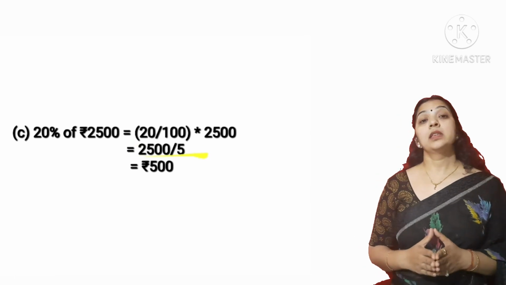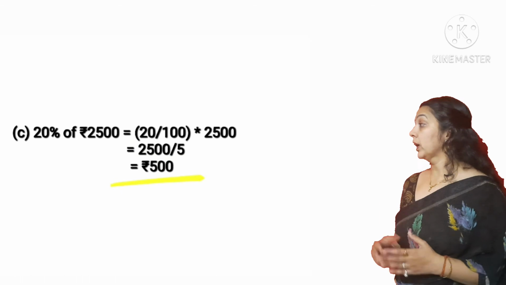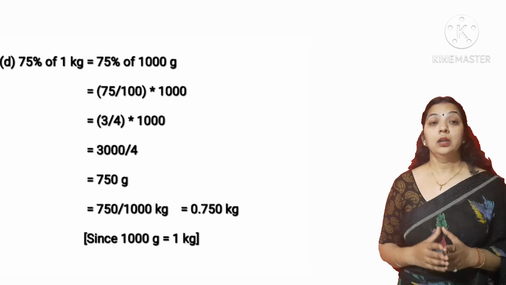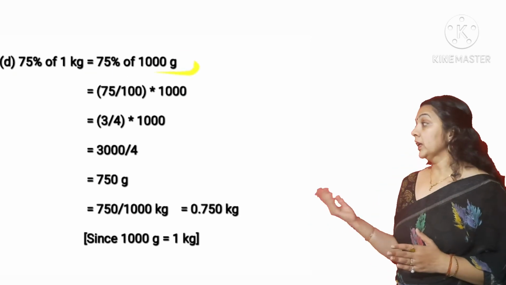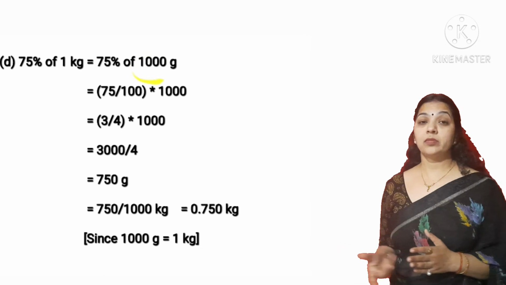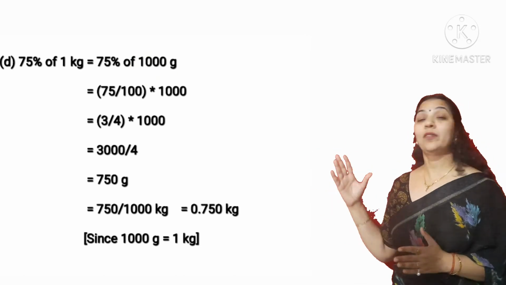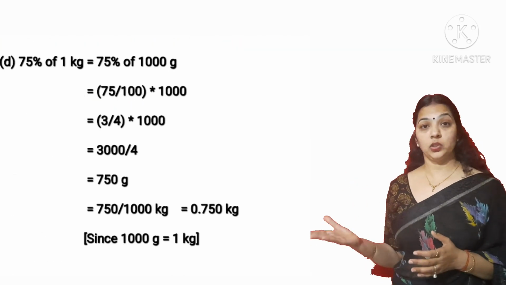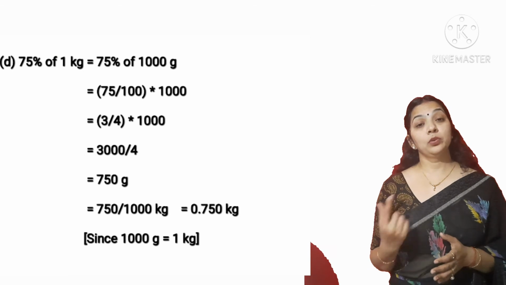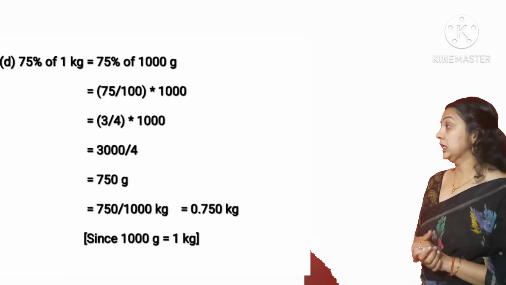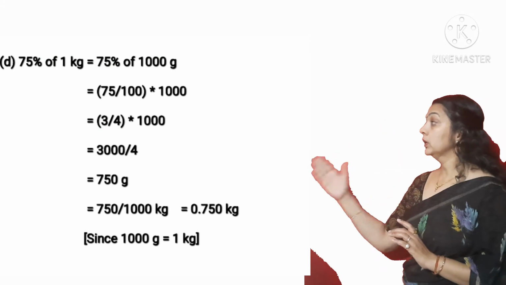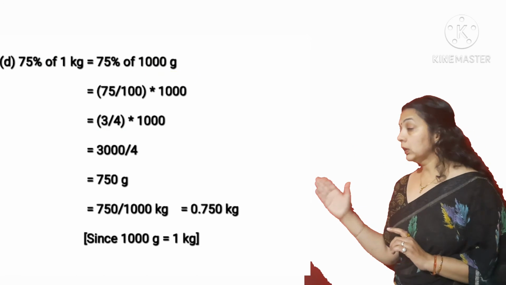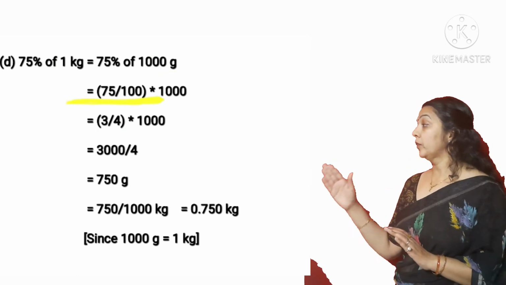The last part is 75% of 1 kg. So we have to calculate the 75% of 1 kg. There are two ways to find out the 75% of 1 kg. We can say that it is 3/4 kg, as we know it's 75%, that means 75 upon 100 into 1. If we do it like this, then it would result in 3/4 kg. Or we can calculate it by using kg into gram. Here you can see we have converted 1 kg into 1000 gram. So we will multiply 3/4 into 1000 and it would result in 750 grams.